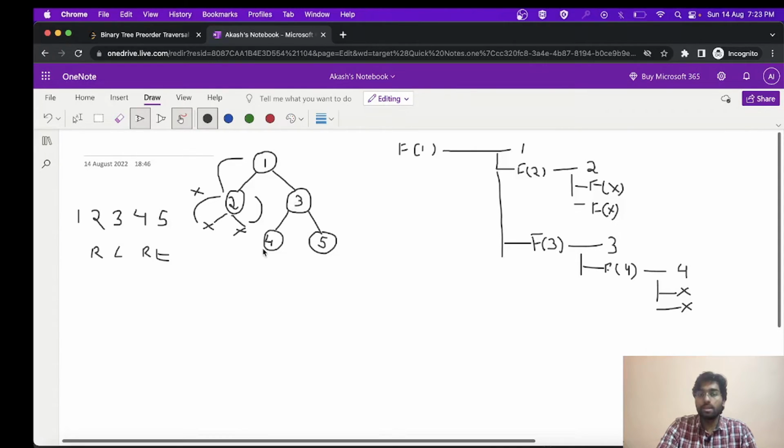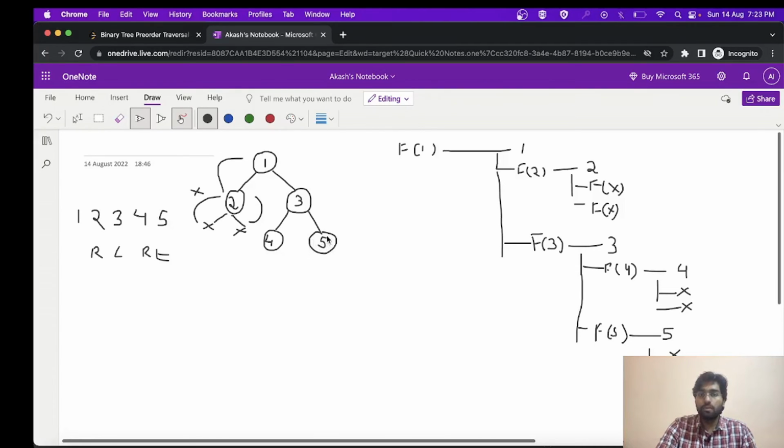And hence the call will be returned back to 3, and now 3 will be calling for 5. First 5 will be printed, then the call will be made for the left null, then the right subtree.